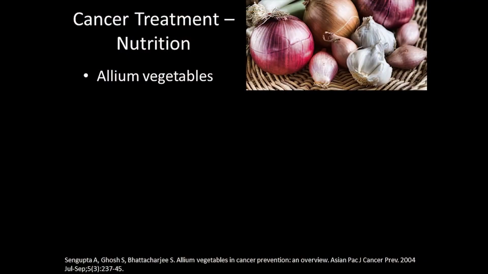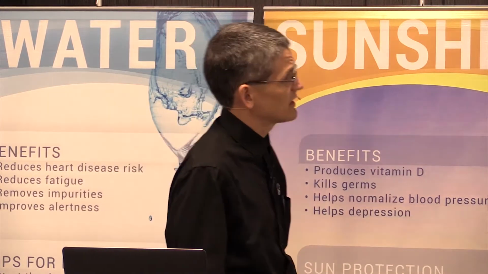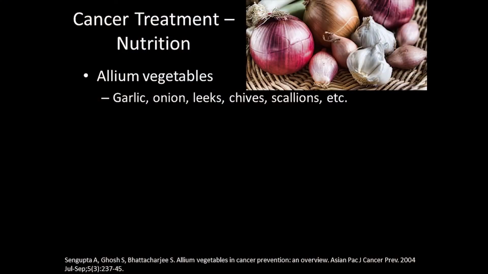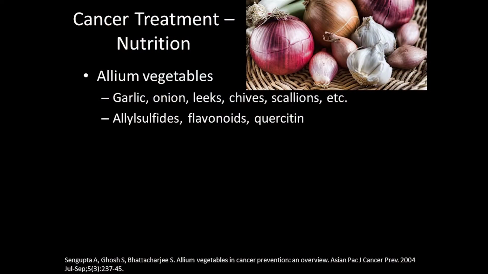All right, allium family. Here's your garlic. The allium family of vegetables is very good when it comes to cancer treatment. These are your garlic, onions, leeks, chives, scallions, and so on. This family is very good as well. They have allyl sulfides, flavonoids, quercetin,